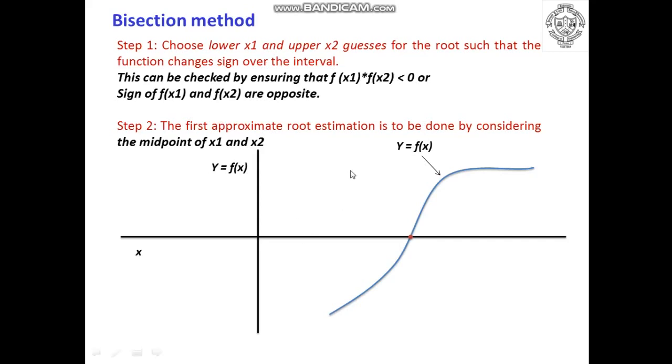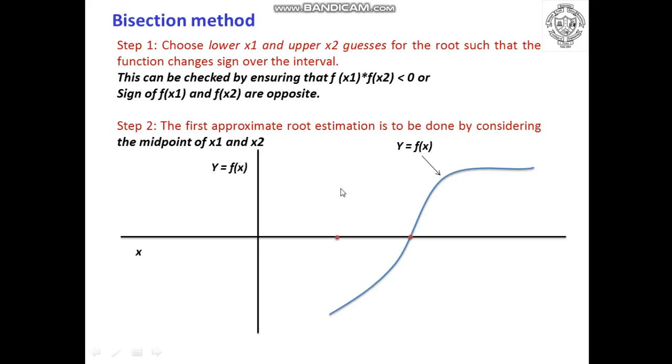So you have to go to the third step, where you assume the value of x as 2, and if the function at x equal to 2 comes out as plus 5, then you can say that between x as 1 and x as 2 we have observed the sign change, because when x is 1, f of x or y is minus 5, and when x is 2, the function is plus 5. So we can say there is a sign change,